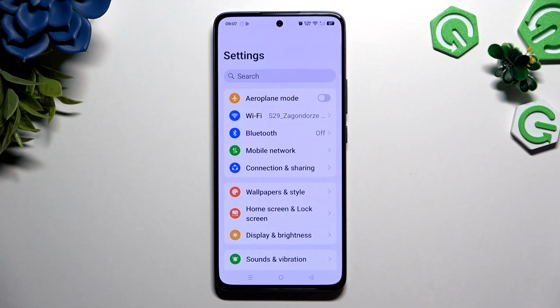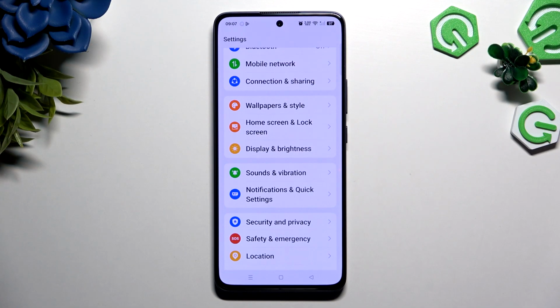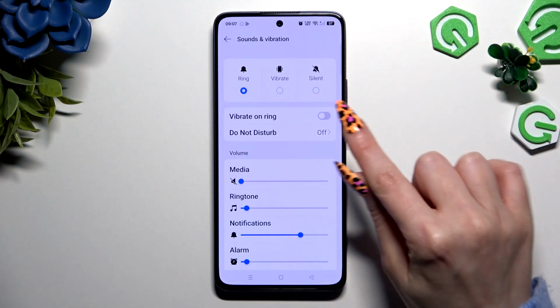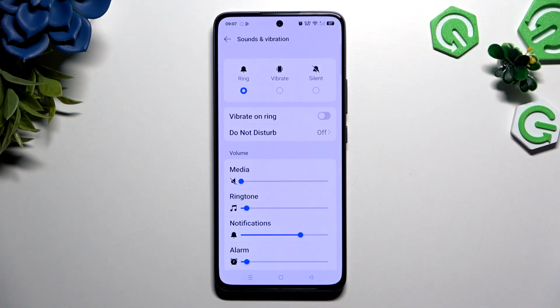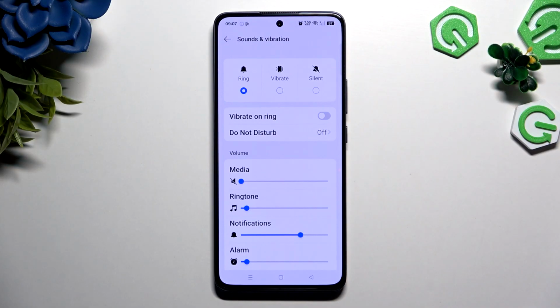Begin by opening Settings and scrolling down to tap on Sounds and Vibration. Then hit Vibrate here. To mute your device completely and leave only vibrations, select Silent to disable sounds and vibrations, or hit Ring to use the switcher next to Vibrate on Ring, and this way enable or disable haptic feedback